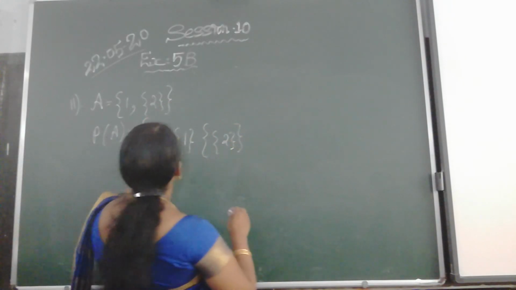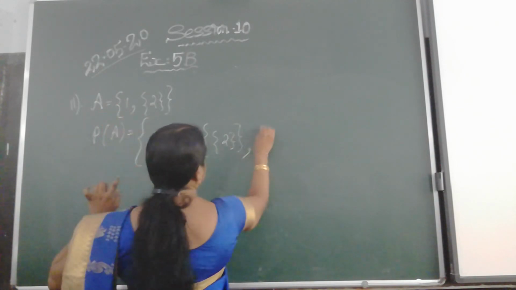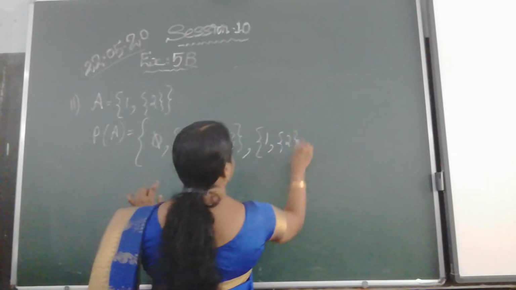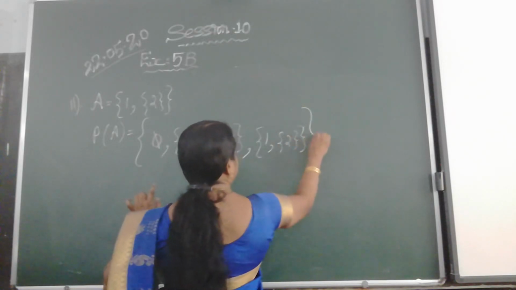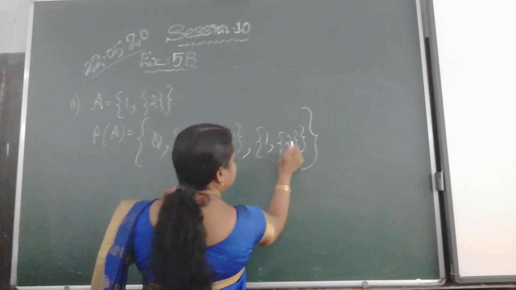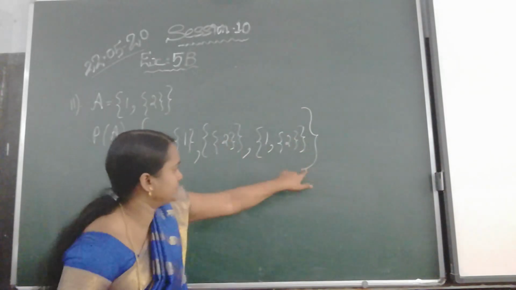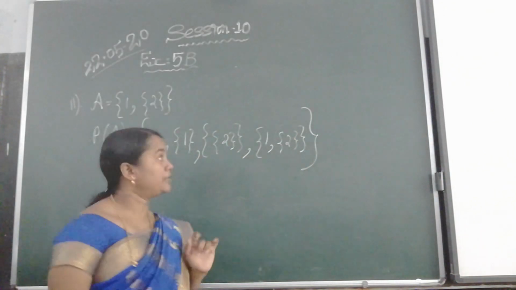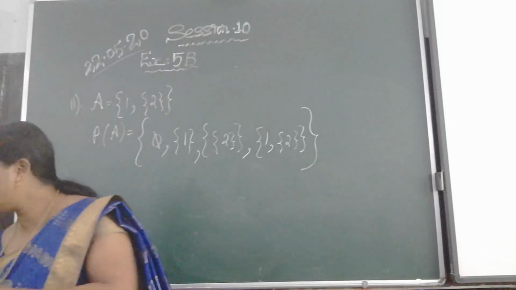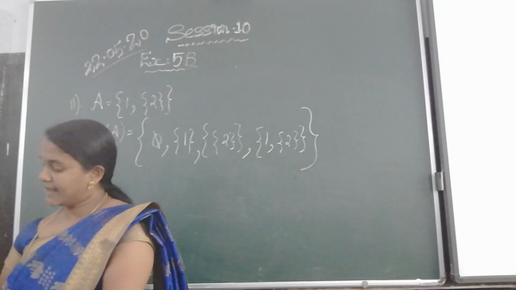Now we got 1, 2, 3, one more element. In the last, this also we have to write as given in the question, 2, and the final bracket. Then only it will become the power set. Here there are 3 brackets. First is the bracket of this part, and this is the bracket which we write inside, and this is the final bracket. Okay. Now we have completed the second one also. The last question is true or false. That also no need. Now we will move to the next exercise.